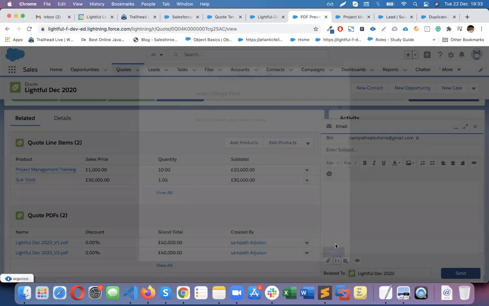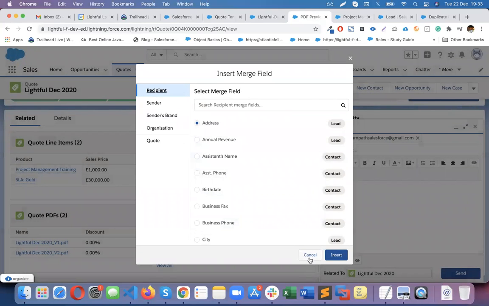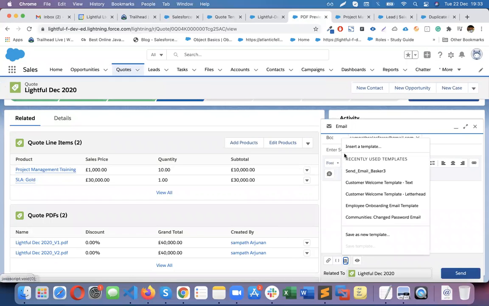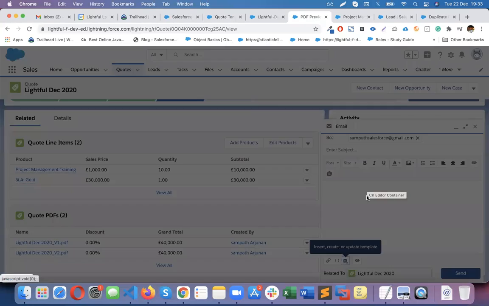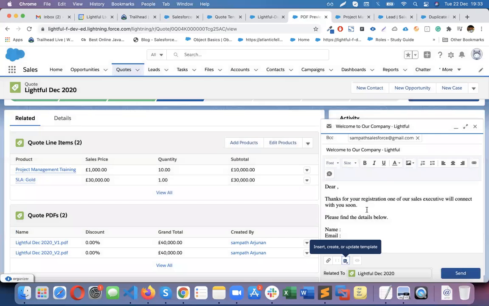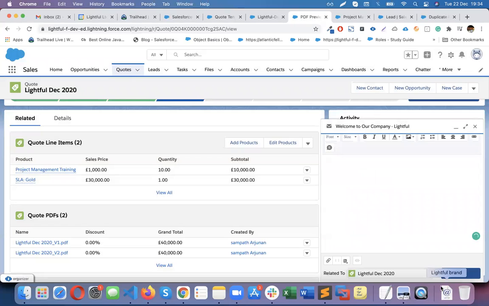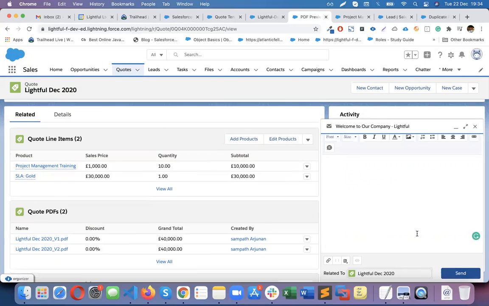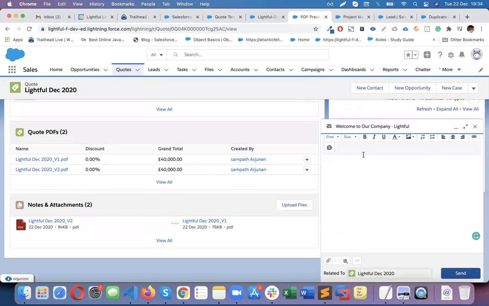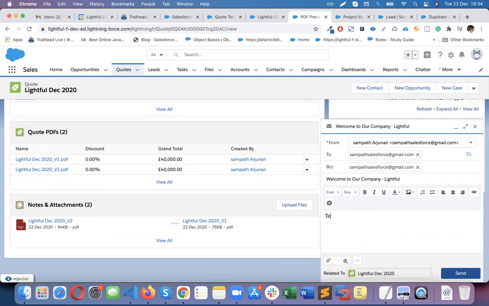So the template which we designed earlier, there's an email template available, so you can use that. At the moment the field is not populating because the template is a different object. Then once you're happy, send an email. So it will include the attachments along with it. So as soon as you send an email,